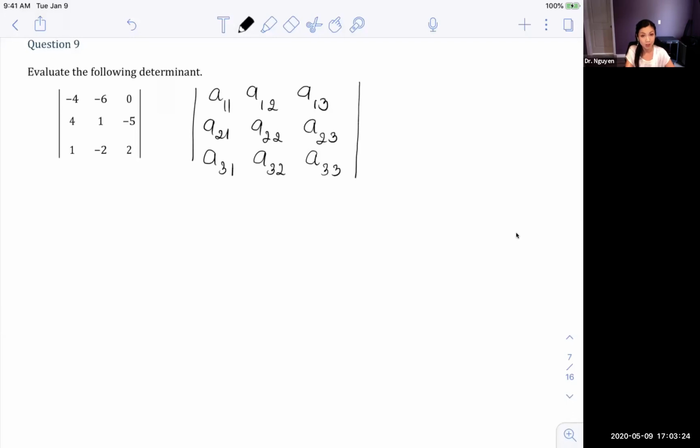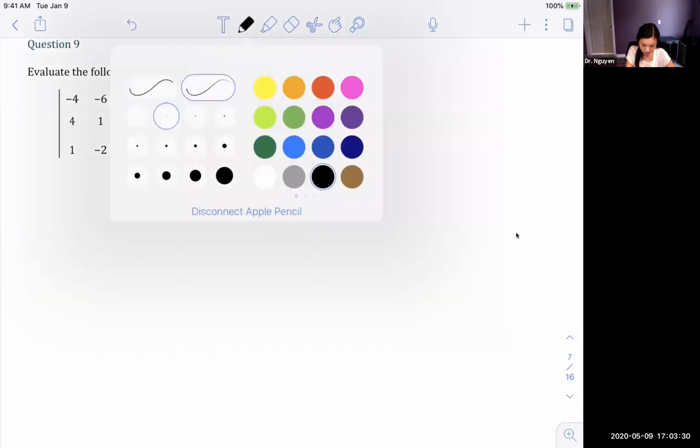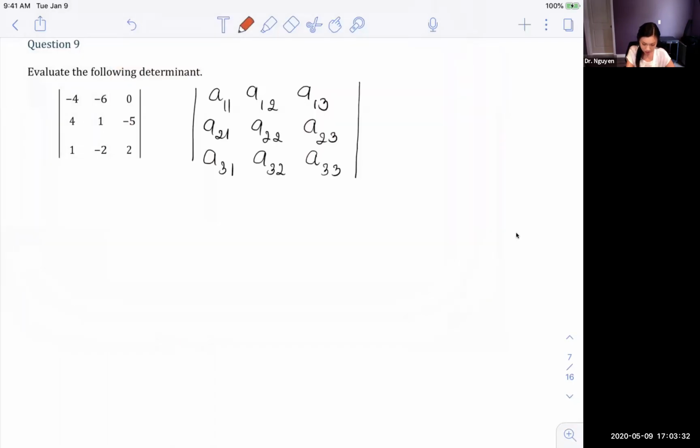Then you pick one like this. You pick this one, you cross this one out, you cross this one out. So the first one we have is you take A11,